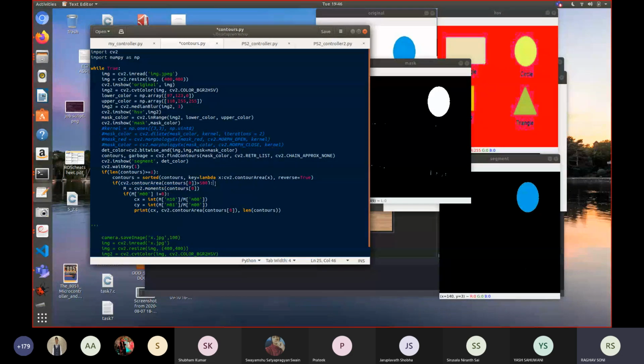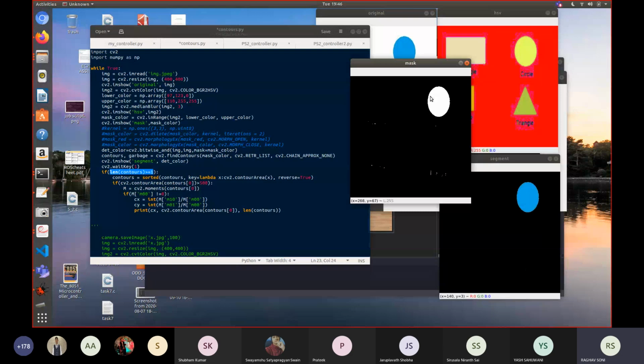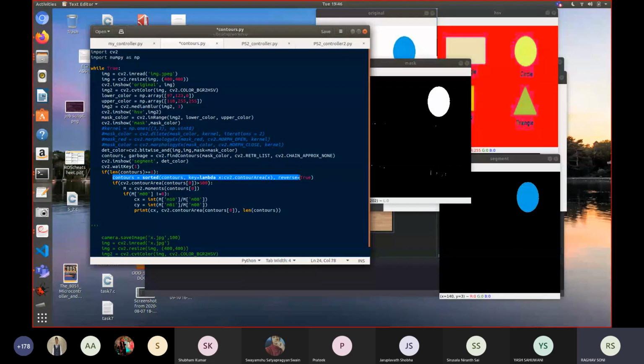So there are two steps to filter noise. First you have to detect whether contours are being detected in your image or not. Most of the time they'll be detected, because the noise will always be detected, regardless of whether your main contour is detected. Then sort your contours in decreasing order of their area, calculate the area of the first contour and see if it is bigger than an experimental threshold. This is just an experimental value, and based on your image size and your purpose or application, you can play with it and adjust it according to your need and see if the results are what you want or not. So I'm just using this as a condition to filter noise.